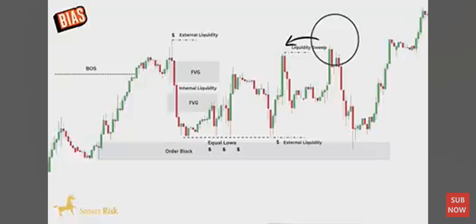So, what does this mean for us? This indicates that since the buy-side liquidity has been taken, the price is more likely to move towards sell-side liquidity below the current price. If this aligns with the overall market direction, it signals a strong selling opportunity. However, if the liquidity sweep doesn't match the dominant trend, it still suggests